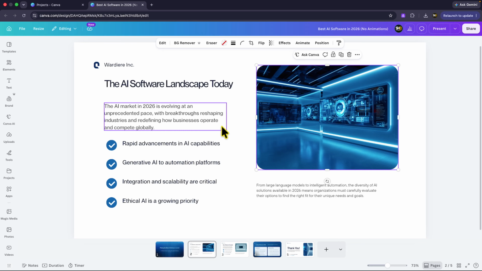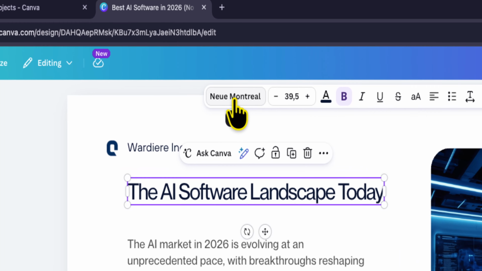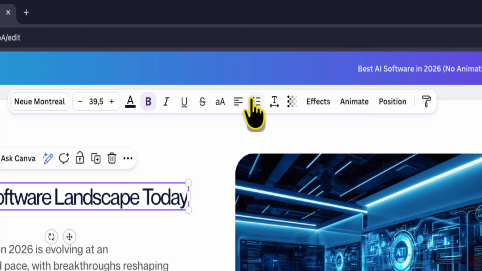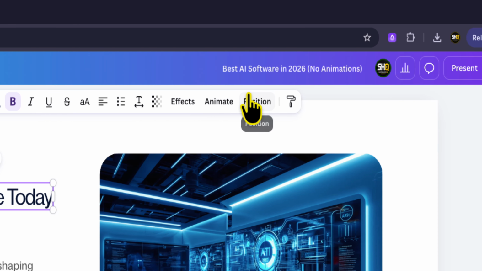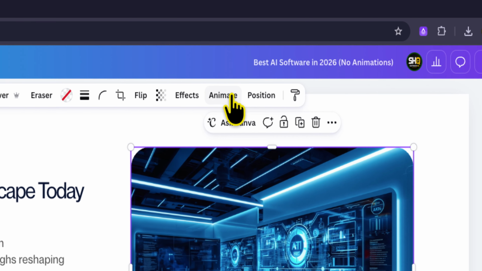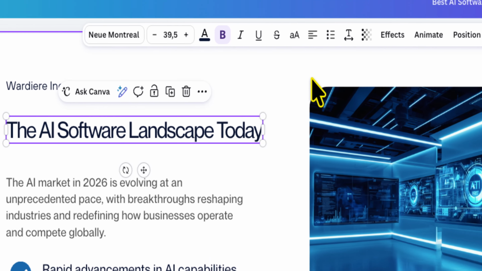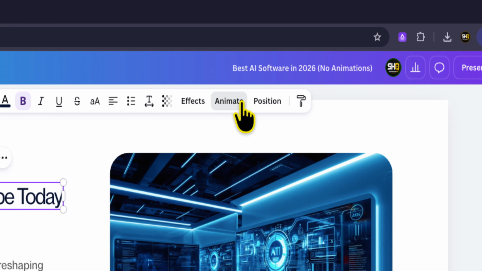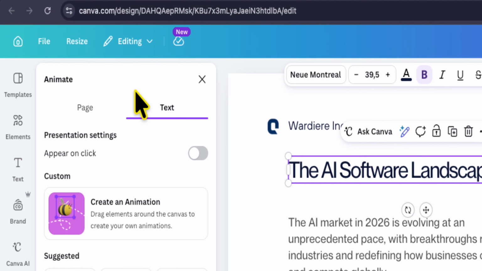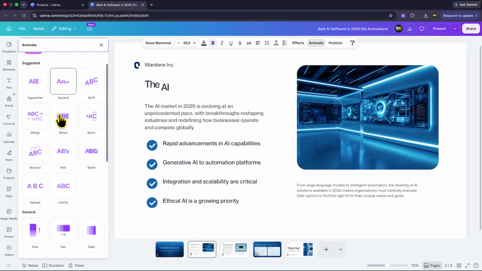So you'll notice that when you click on a specific text, you are presented with a top row of options, and within that top row, there is an option to animate. So we'll start with text. If you click on the animate option, you'll immediately be presented with a side peak that expands with various animations that you can apply